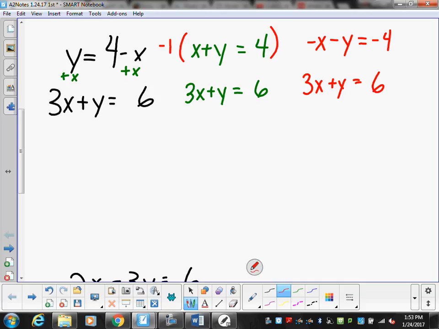Here's what I'm seeing. This right here and this right here are the same. The positive y, positive 1y, positive 1y. So the way to get,